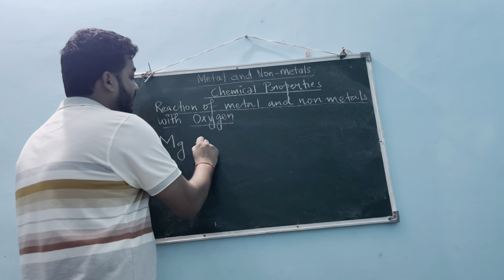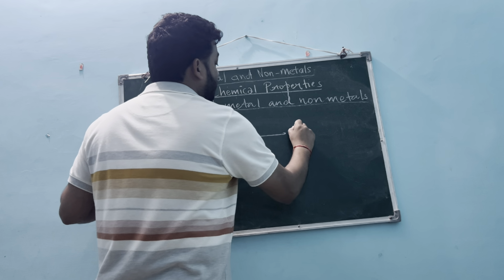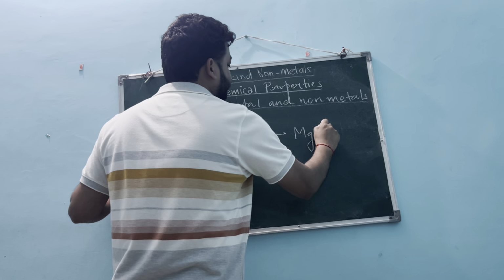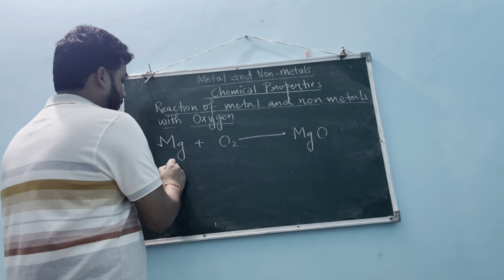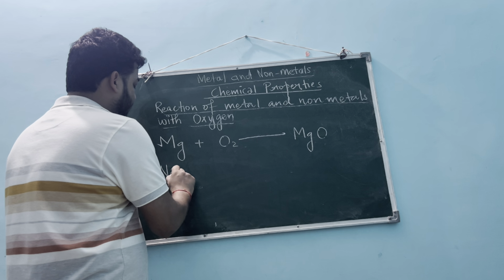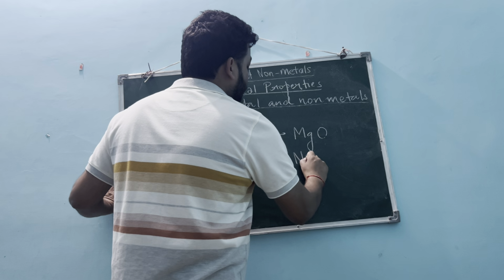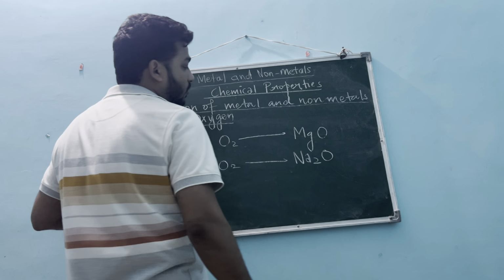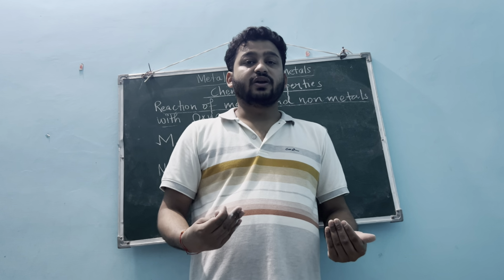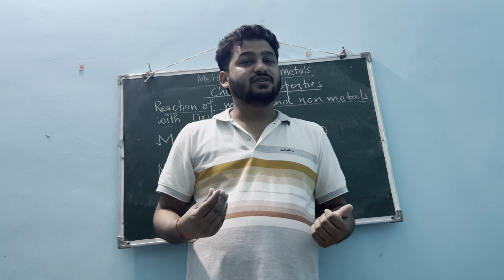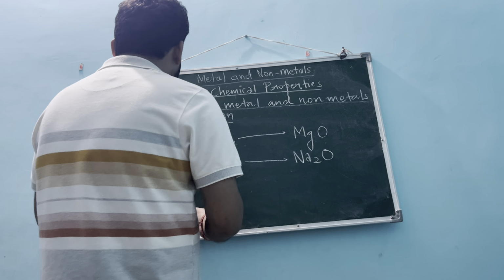Magnesium, when it reacts with oxygen gas, forms magnesium oxide. Sodium, when it reacts with oxygen, forms sodium oxide. So when metals react with oxygen, they form their oxides, and their oxides when dissolved in